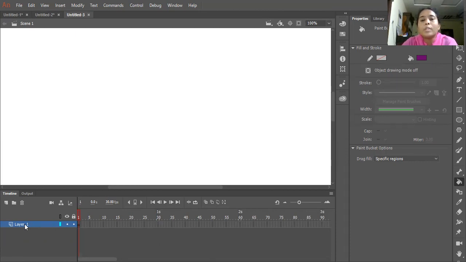So why am I using two layers? One layer is for the ground because the house needs to have a base. So one layer is for ground or earth, and the second layer is to draw the house. So it moves from one frame to another frame. Let's suppose it moves from the starting frame to the ending frame.